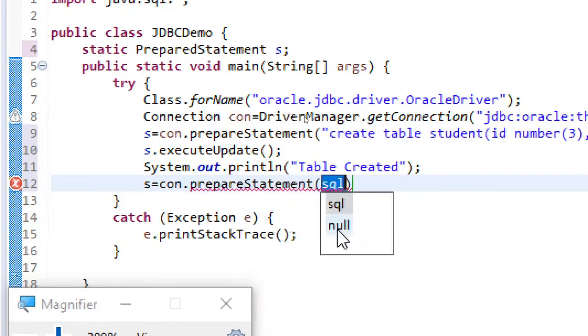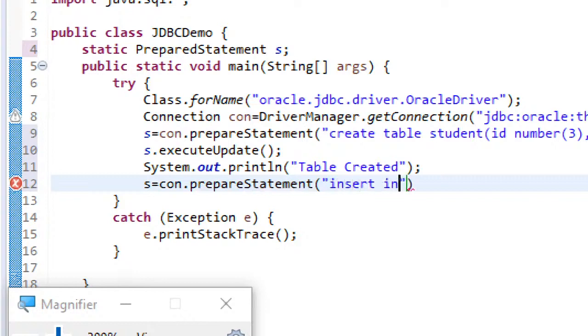insertion. So I hope you remember the syntax for inserting. It should be in double quotes: insert into table name values, and then you can just give question marks like this.